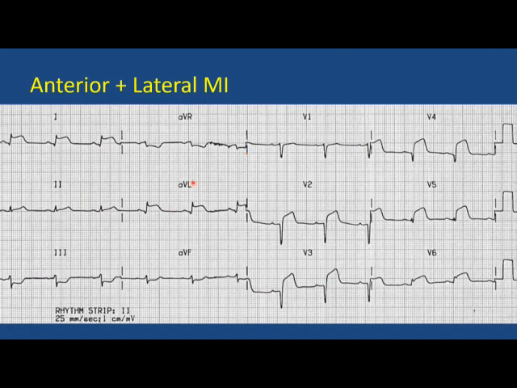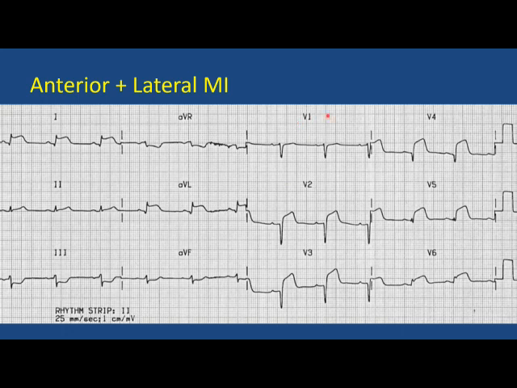Now what is happening here? You have anterior wall MI, see that? You also have lateral wall MI. However, V1 has escaped. V1 is not showing ST elevation. As I showed, here the lesion has involved the diagonal branch, because even the so-called 1 and AVL is elevated, that means the major diagonal branch is also involved.